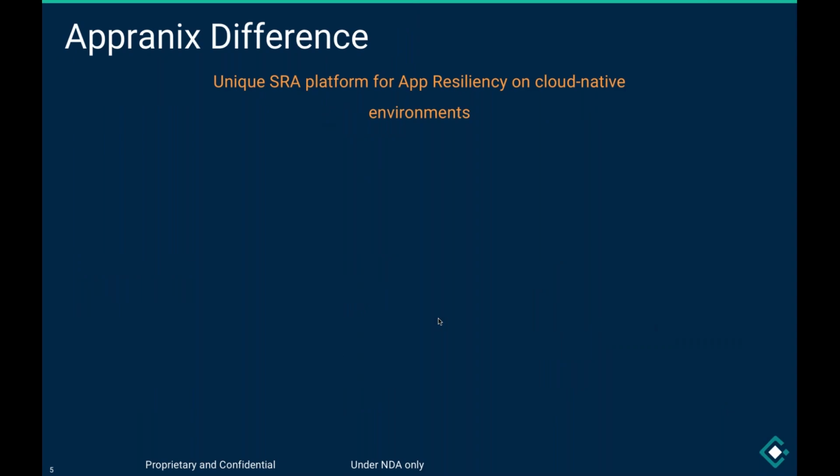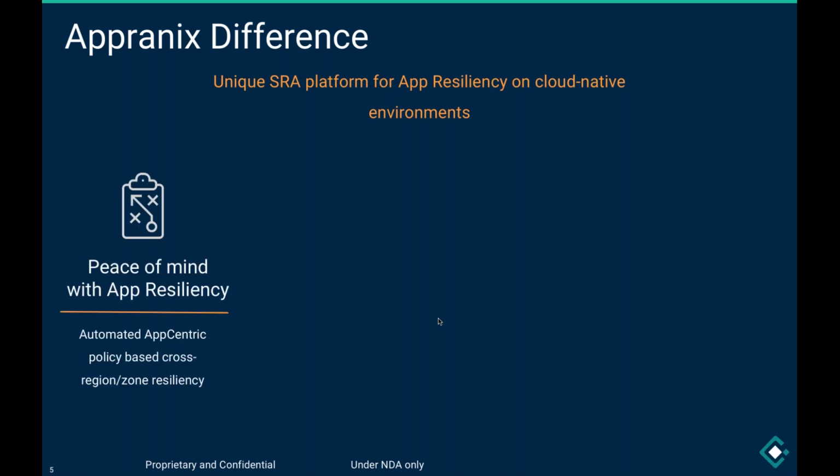When we talk about Optronics true application resiliency on cloud native environments, this assumes that you have migrated your applications over to AWS, Google, or Azure, and so on. You are pretty much relying on their infrastructure, their platform services, their load balancers, and so on, because you don't have to really look at outside vendors to do those infrastructure services or platform services. Given that, typically, you should be able to achieve peace of mind, but that is not the case. That's what our customers are saying, and the entire system was created based on the customer request initially. So we provide peace of mind with application resiliency.